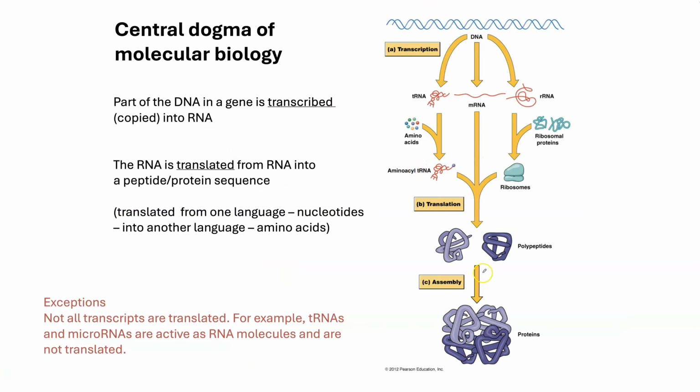So this is the central dogma. Here's our gene. It's a segment of DNA on a chromosome. It goes through transcription, and some of the RNAs go off and do jobs. This one forms ribosomes. This one is part of the translation process. But most of them are messenger RNAs, and they go through that translation process and produce proteins.